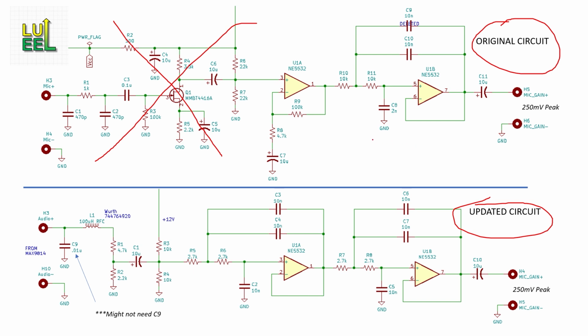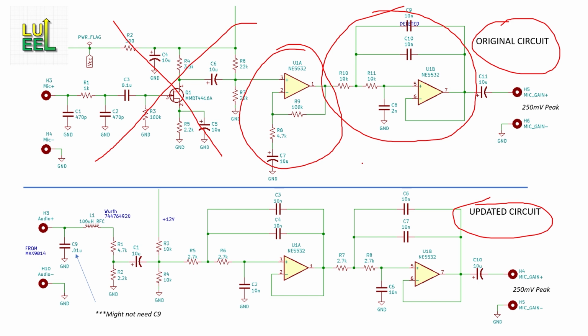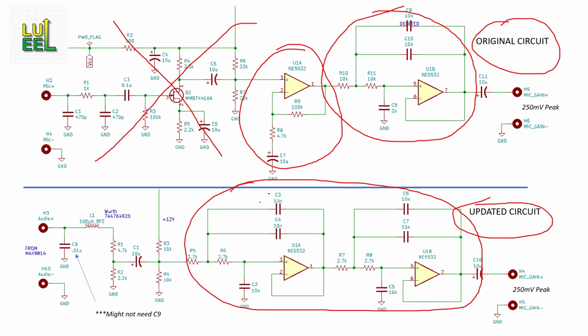There's 2 op amps in that SMT package, and my original circuit used one of them for about 26 dB of gain and used the second one for a unity gain Sallen key low-pass filter. In the updated version, I'll use both as low-pass filters to get a faster roll-off. These resistor and capacitor values set each filter to a 4.16 kHz cutoff frequency. More on that in a bit. I need an output here that maxes out at about 250 millivolts peak to stay compatible with the balance modulator circuit. But remember earlier when I said that the output of the MAX9814 is 1 volt peak and has a